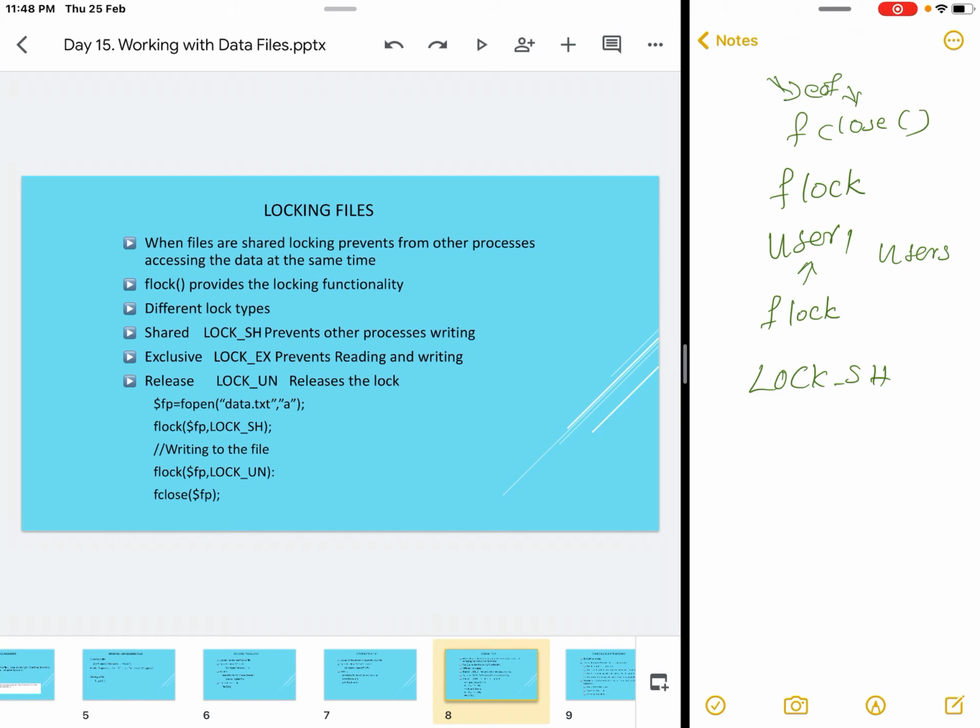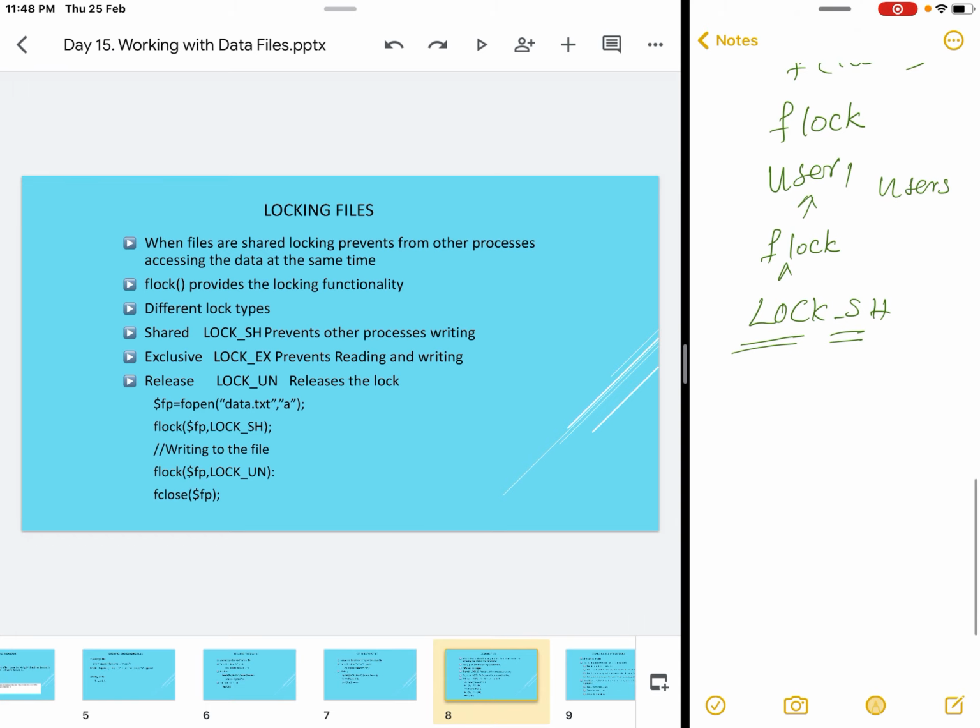That is, if user 1 is locking the file in LOCK_SH mode, other users cannot write anything into the file, but other users can read the file. So you can say that if a file is locked in LOCK_SH mode, it is partially locked.